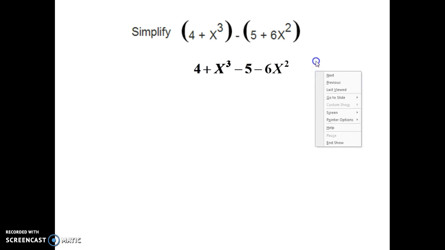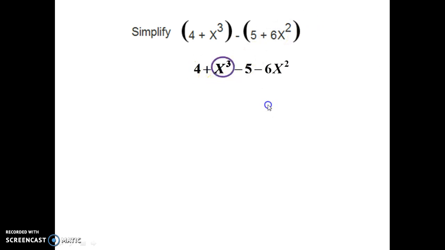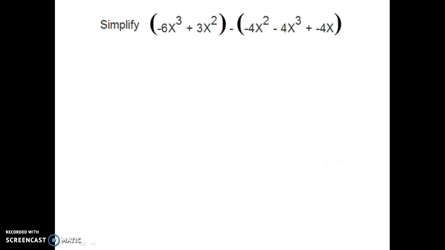Once again, we are simply combining like terms. So this becomes x cubed minus 6x squared, and then we can combine the like terms of 4 and negative 5 to get negative 1. Once again, we have